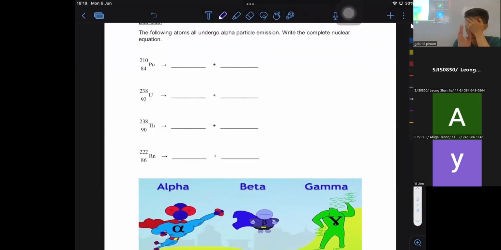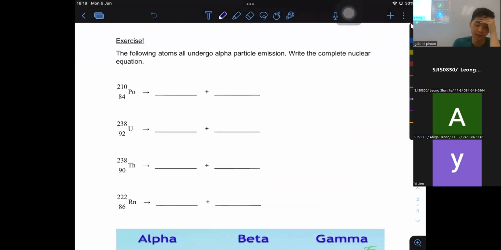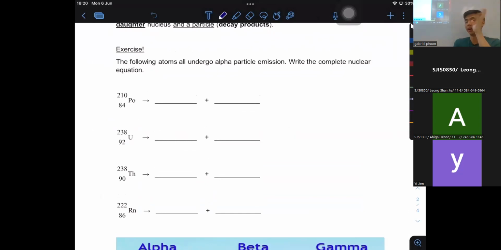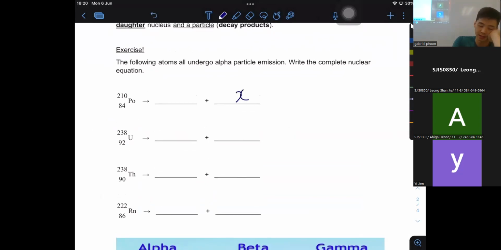Oh, I want to tell you a story as well for this chapter. By right, guys, in your exam, usually they'll give you something like this. They'll say, okay, this is an alpha decay. Then they'll say that this will be element X, whatever it is. It will become some random element. And then all you need to do is fill in these numbers and this element here. Last year, for some